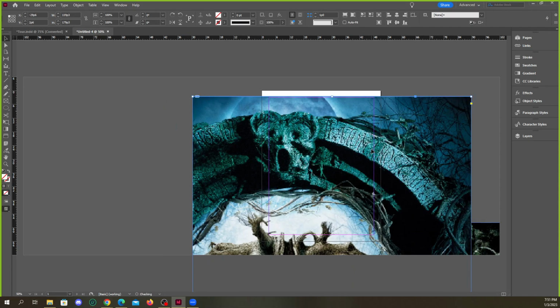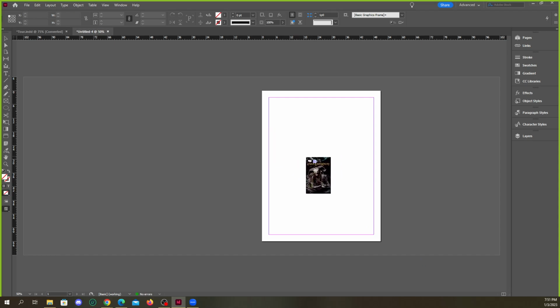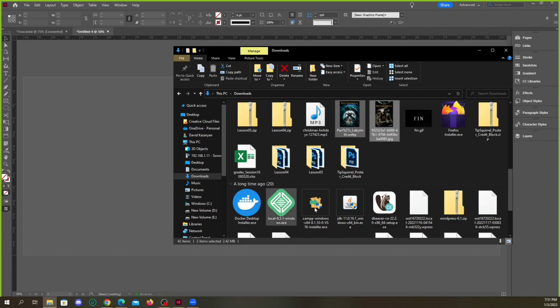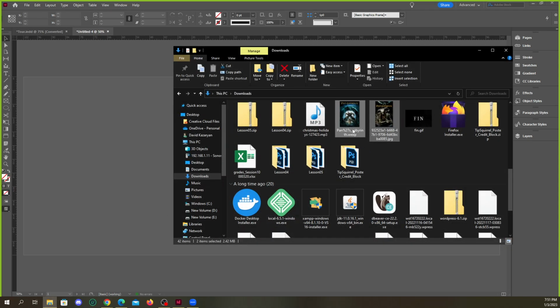actually, here, let me show you something useful. Whenever you're placing images, just so you don't have to do this annoying thing where it just drops the image and then you have to scale it down. Whenever I bring it like this, I think when you drag it in, you have no choice. Actually, you do have a choice. If I drag this,